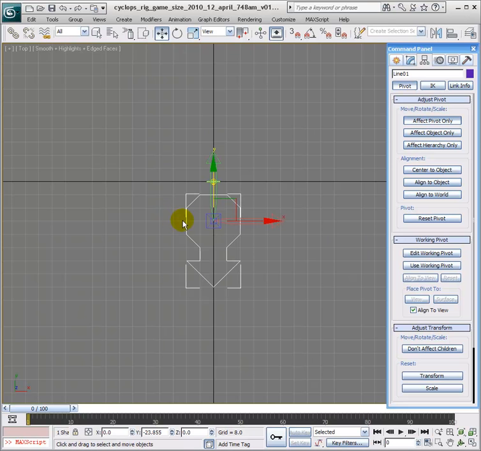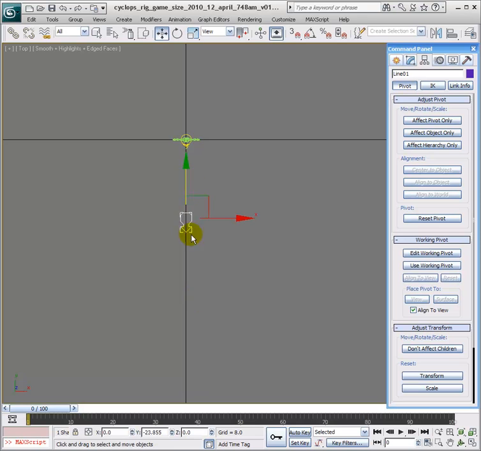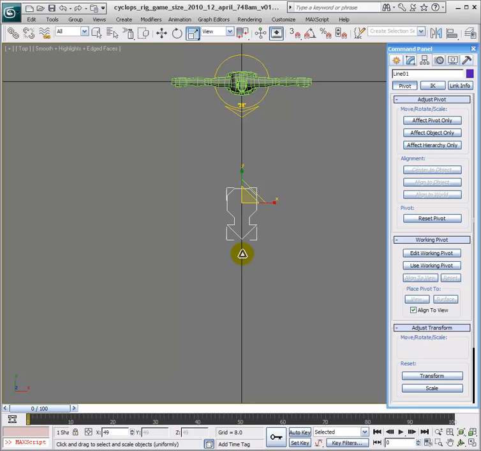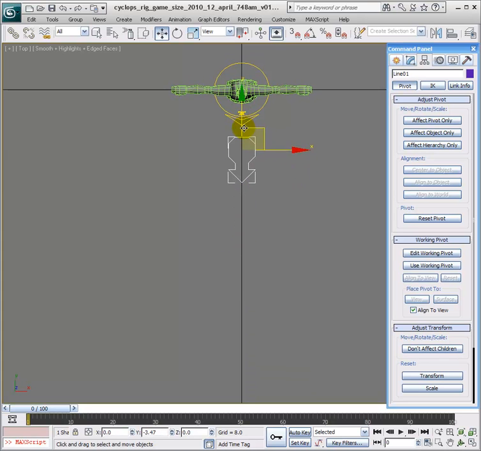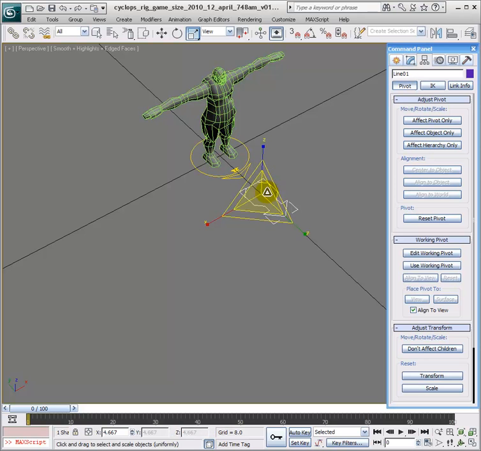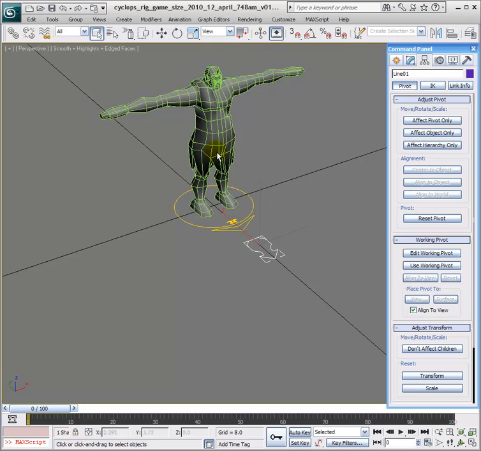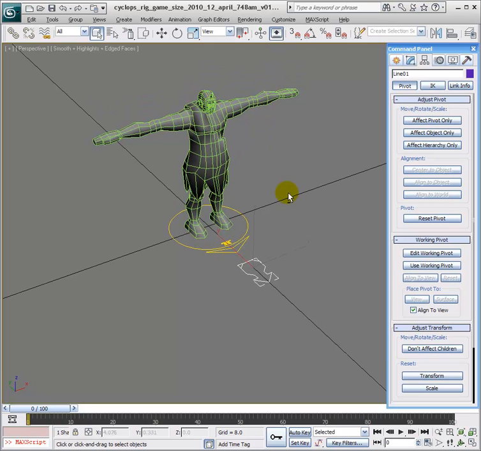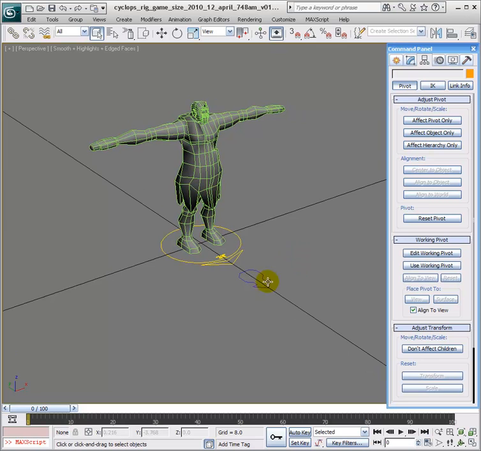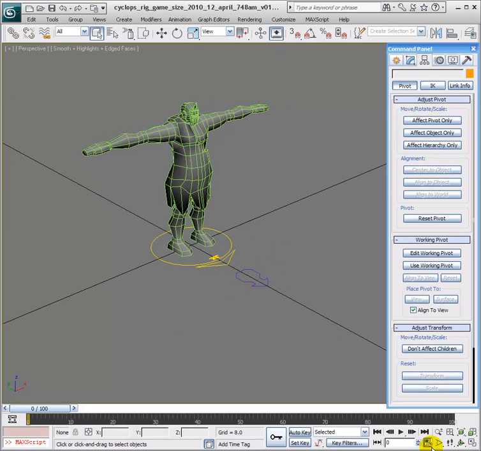I'm basically trying to get this. Do you see this line right here? I'm trying to get it in the center of that, because that's how I'm going to use it. So I'm going to turn this off now, and then scale this down, and park this right in front here. We can scale it down a little bit more. I'm going to end up using this for my foot controls, my hand controls, and the shoulder controls, so I'll have it there and I can reference it later. So this is how I might start setting up my